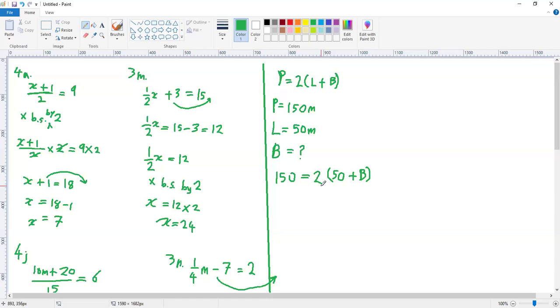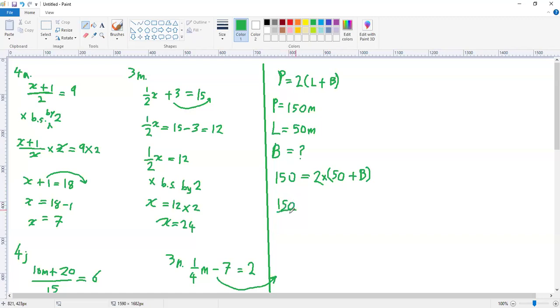So that's the first one I'm going to do. I'll take care of these 2 by doing what? Recognizing that there's a multiplication here. And I'm going to now divide both sides by 2 because of that multiplication. Remember, the opposite of multiplication is division. So if I divide both sides by 2, I have it that